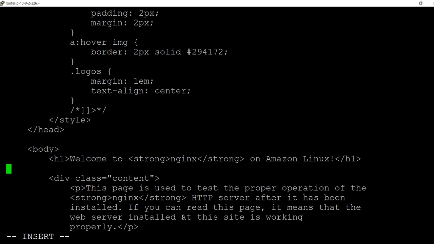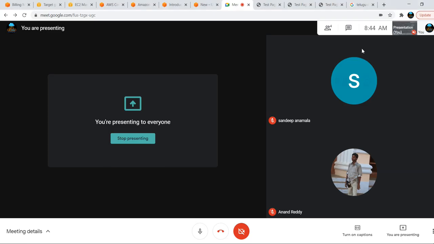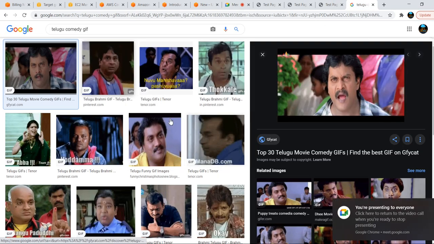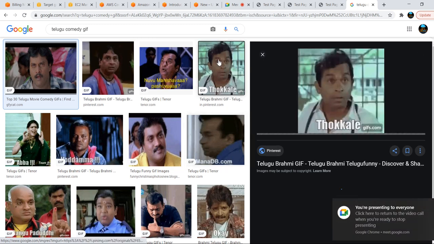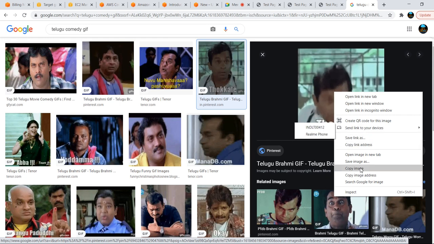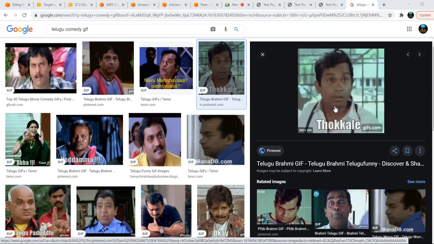just press insert, go to the same place where you want to have the HTML tag h1, and this time we will copy a different image. So now we have copied this, right, and now we will copy this one, copy image address.